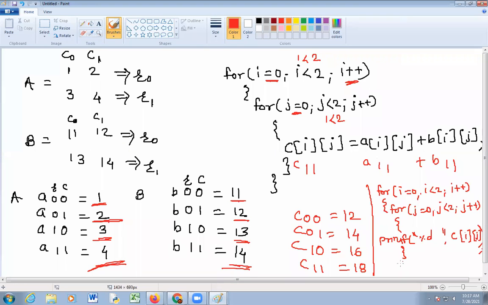Then in this bracket complete printf slash n. Then this bracket complete. This code is for displaying the resultant matrix, displaying the results in matrix format.